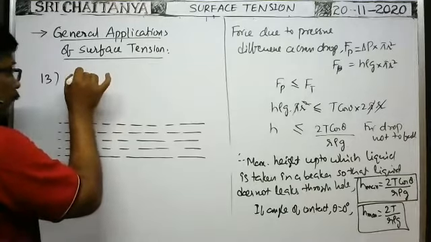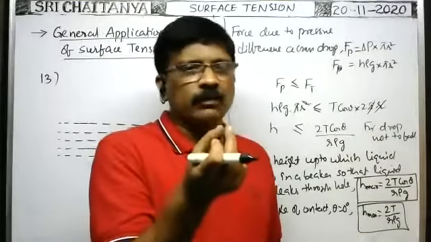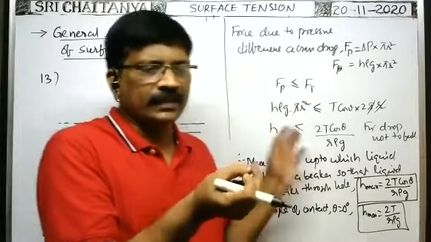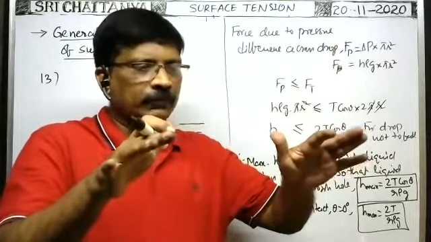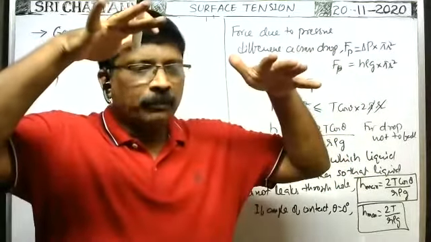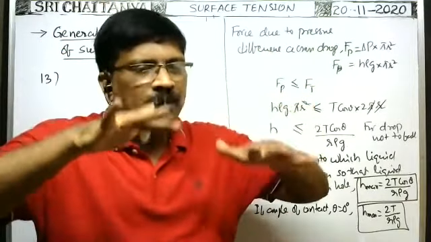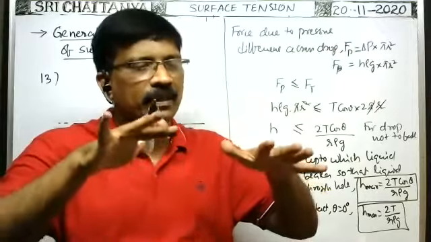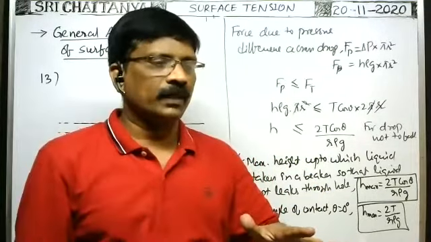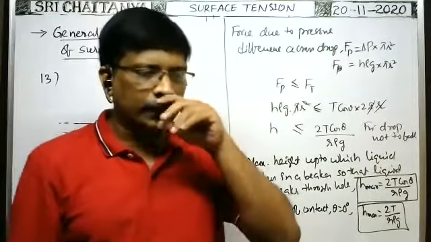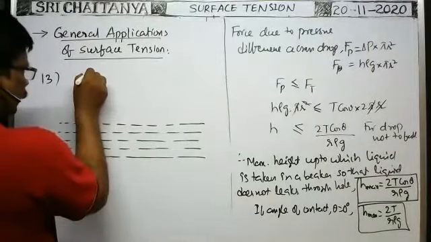Okay. Suppose at the bottom of the bucket, a fine hole is there as earlier. It is kept over the surface of the water. It is floating. Now, you depress the bucket into the water, applying force. Up to what depth can the bucket be submerged in the water so that the liquid does not leak into the bucket? Not leak out, it leaks into the bucket. That is the case.